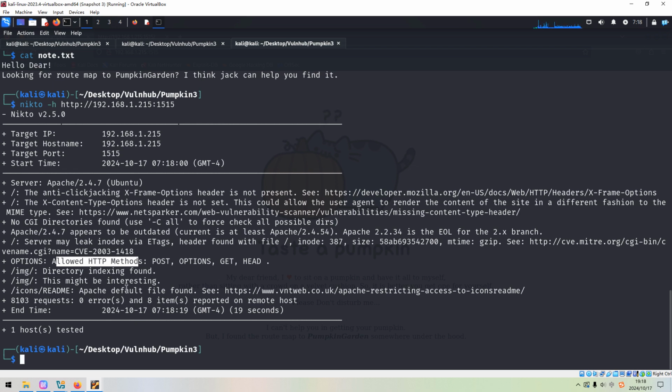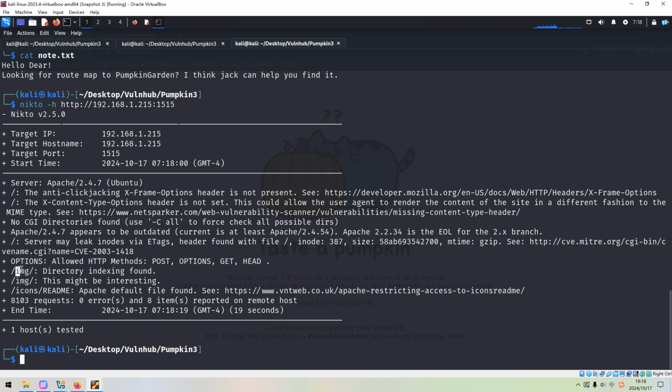And more importantly, in some particular circumstances, if the web application software has a vulnerability, Nikto can also give us such information.